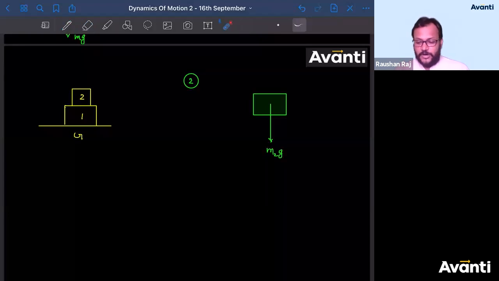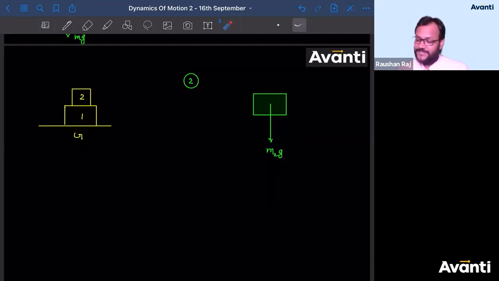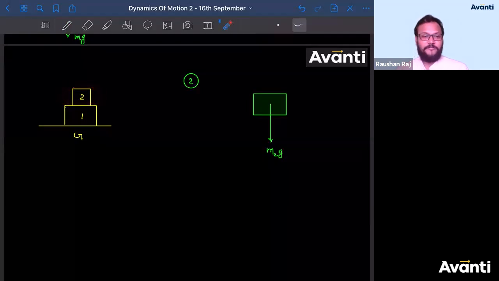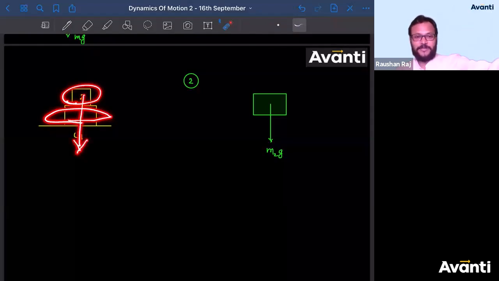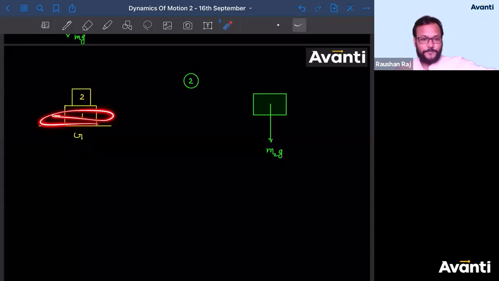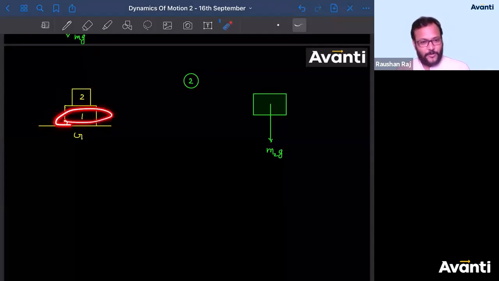Now guys tell me, because of this M2G, where this second block will try to go? It will try to penetrate block 1. बोलेगा हट मेरे रास्ते से, otherwise मैं तुम्हें चीर दूंगा. Right? So what this block 2 will say? Like, get off my way, I want to go to my mother's center. Like means earth, मतलब mother earth के पास मुझे जाना है, बीच से हट जाओ. Will this block 1 go away from this path? चलो क्या ऐसा होगा? नहीं होगा, right? That is a joke. So this block is actually resting here.